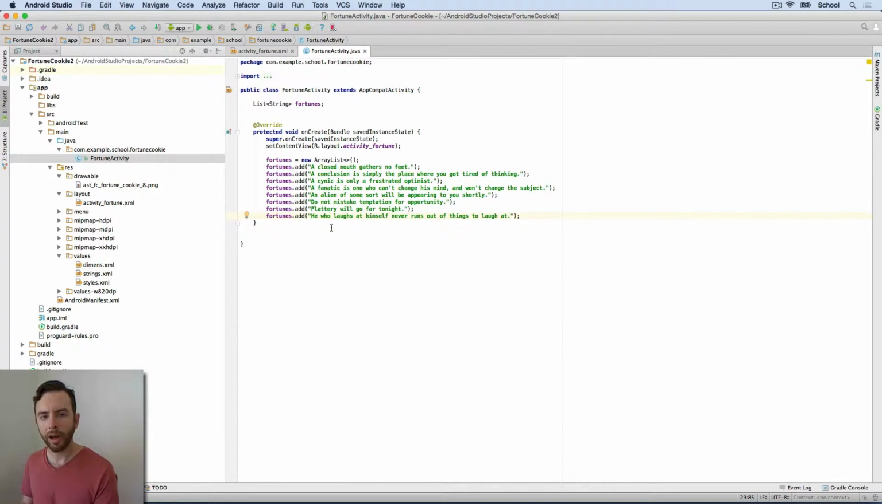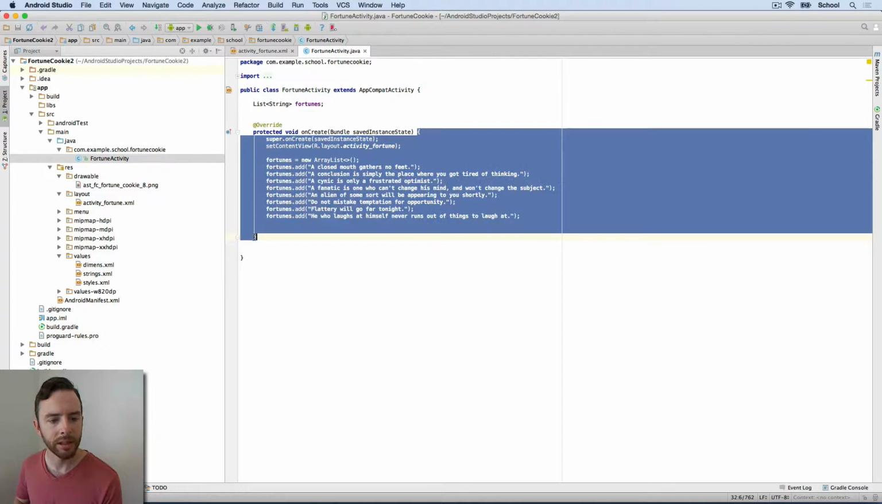Right, now I've got all my fortunes into the list. But how do I know they're really there? Let's use a toast to see if we really have added them. Notice everything that we're doing here is between the brackets of the onCreate, meaning this will run when the app